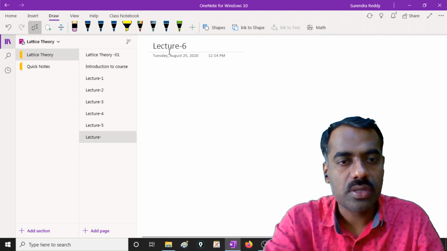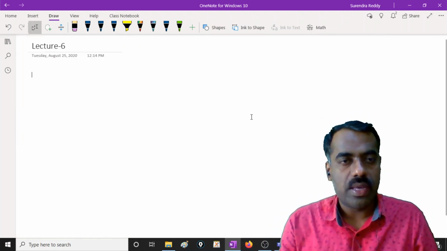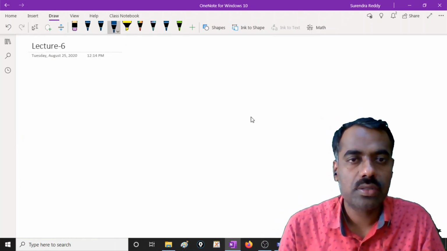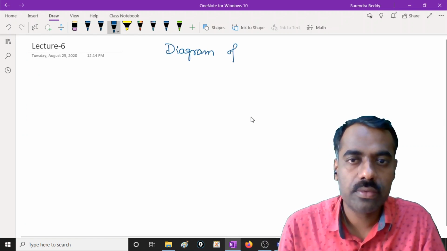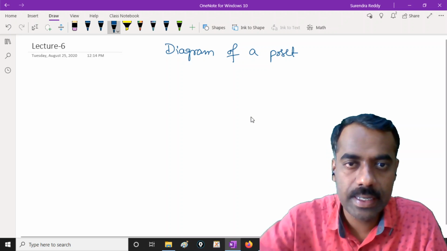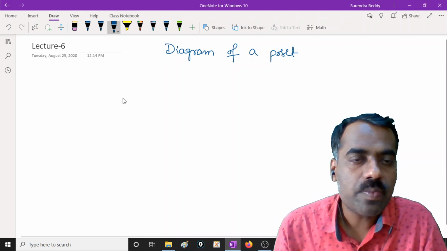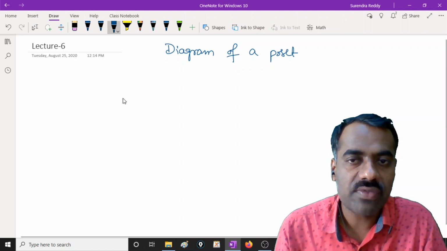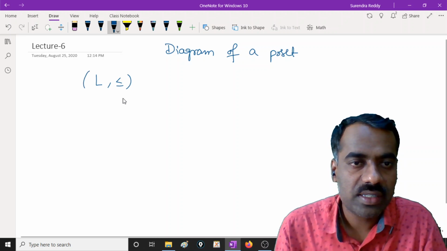Lecture 6. In this we will be discussing the following things. Today we will be discussing the diagram of a poset, or in particular, the diagram of a lattice. For this, we have already seen that any poset, you can call it L or P, whatever, suppose this is a poset,